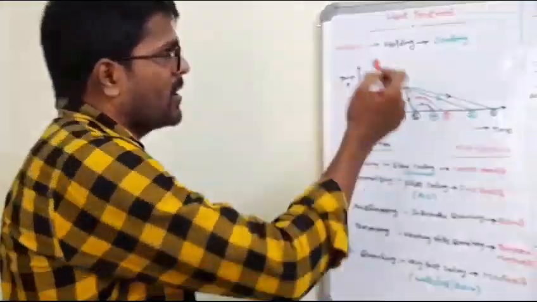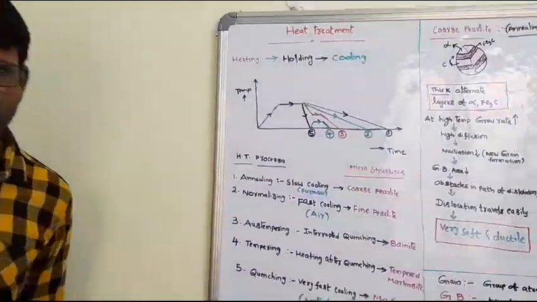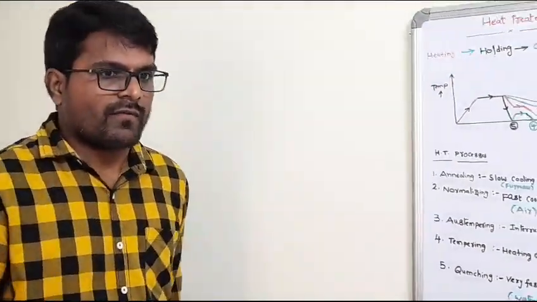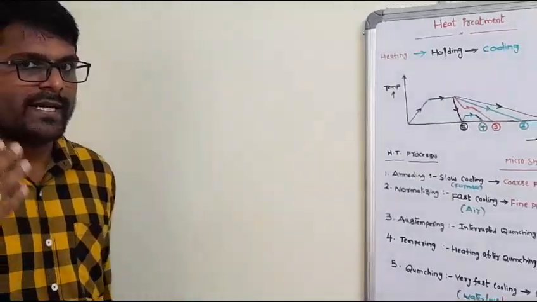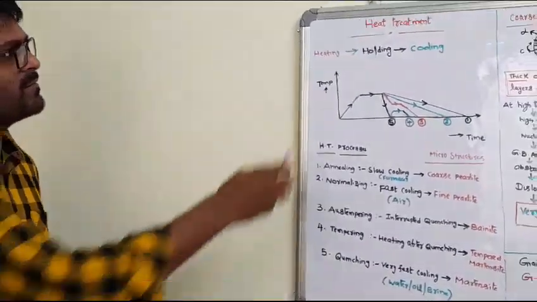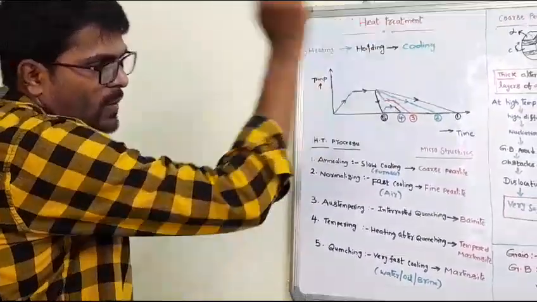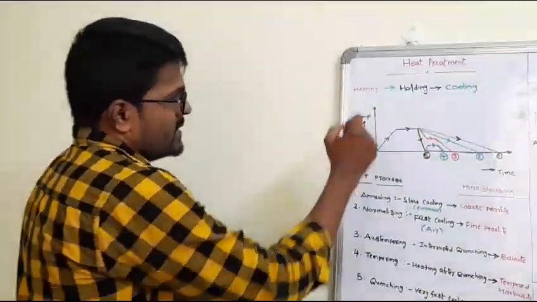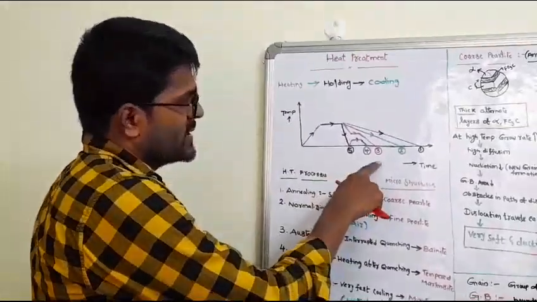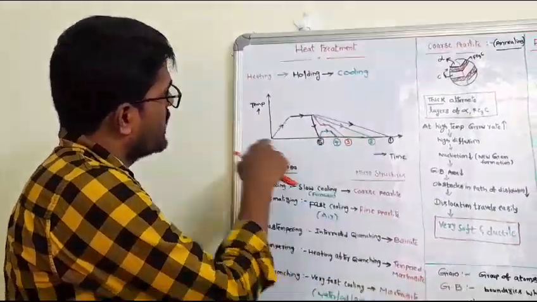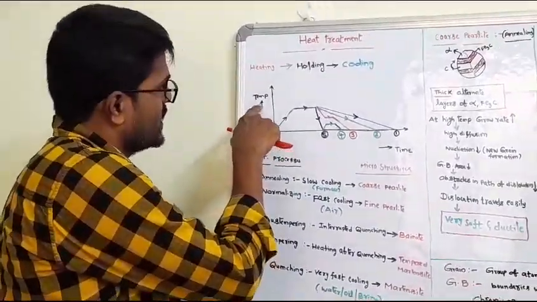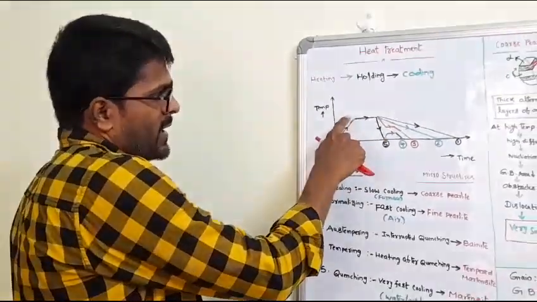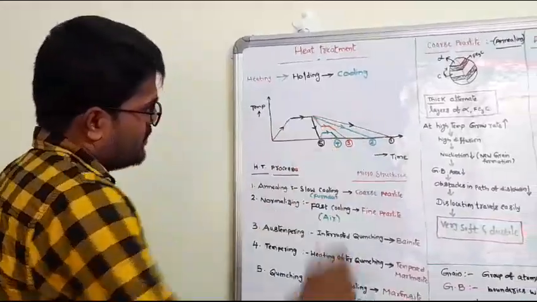Now come to our topic, heat treatment. What is heat treatment? Heat treatment is a process in which we get the desired properties by heating, holding and cooling. Now we'll see this diagram. On the x-axis we have taken time, and on the y-axis we have taken temperature. We are heating, holding and cooling. The first